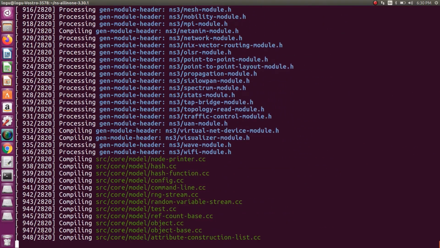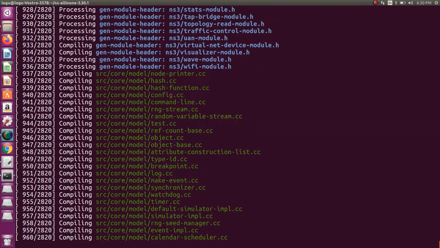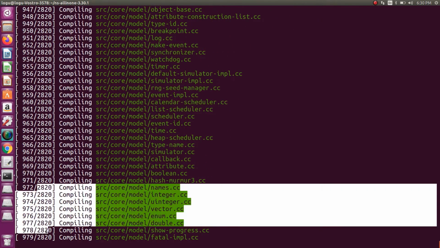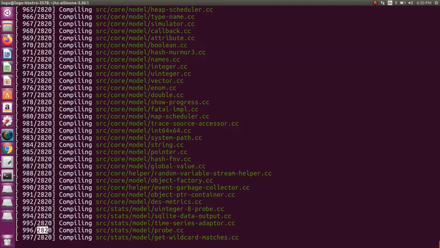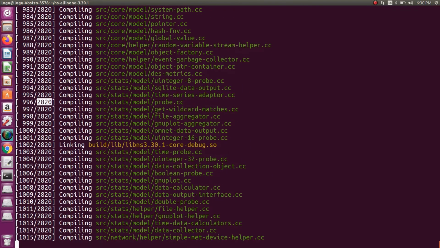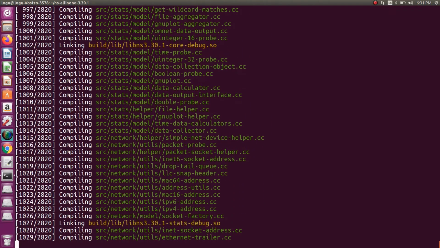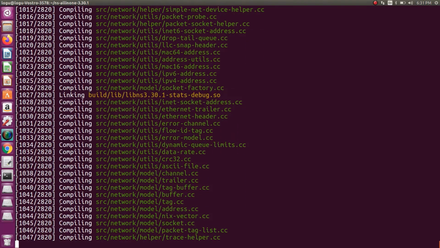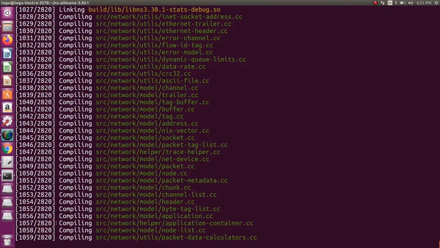In the 3.30 version we have a total of 2820 files. One by one they will be checked, built and linked.